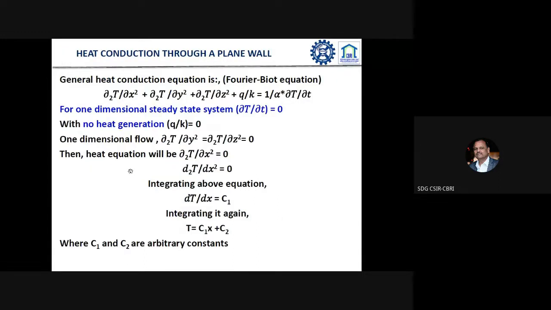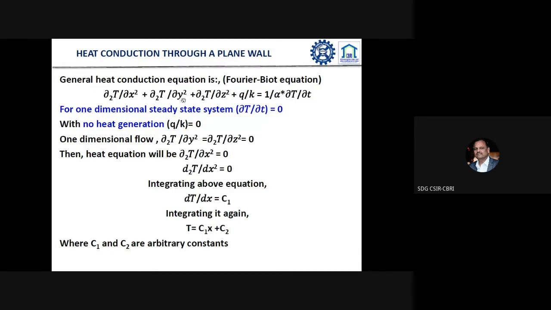We can see the basic equation, that is Fourier's equation, with respect to the 3 dimensions x, y, and z. If we also take heat generation into account, then all of that equals 1 divided by alpha times delta T divided by delta t, that is the response of the temperature with respect to time. If we consider this as a one-dimensional problem, then delta T divided by delta t, small t, equals 0, and if there is no heat generation, then we are left with only the one-dimensional problem, that is d2T by dx square equals 0.